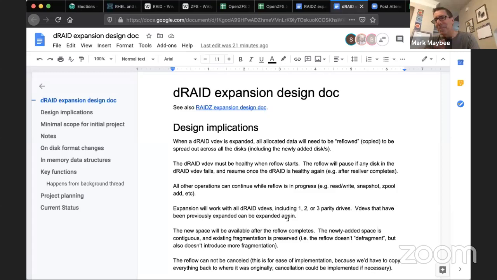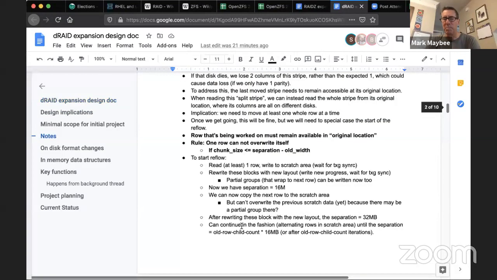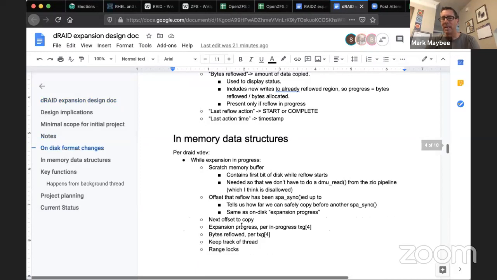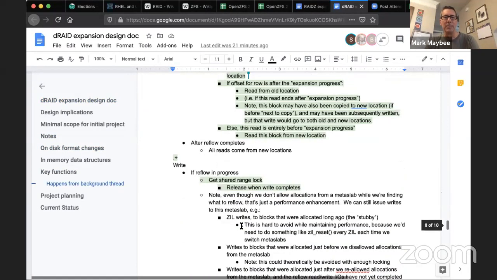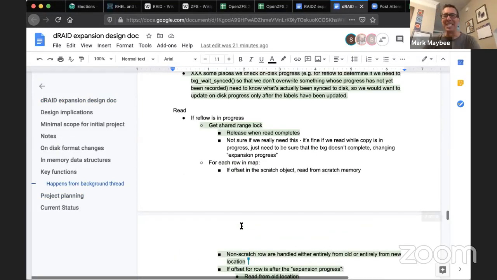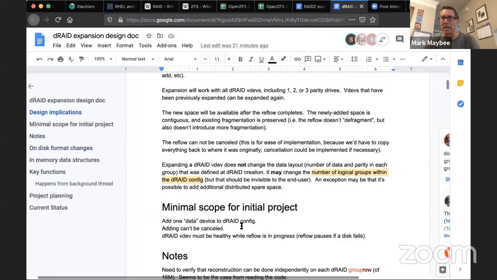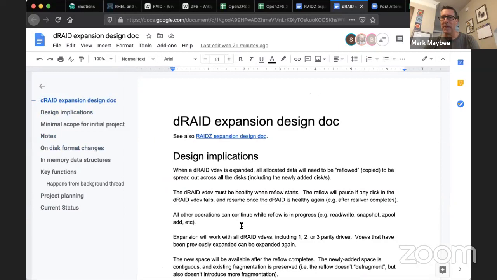So, I mean, yeah, because 32 meg in any modern drive is pretty much negligible, but people feel strong about this stuff sometimes. So I'm going to make the D-RAID design document available. There's a lot here, mostly because it's an easy job to replace RAID-Z with D-RAID. It wasn't quite that easy, but we made this available for people to take a look at as well and see what they think.